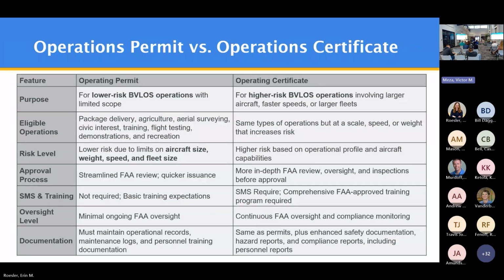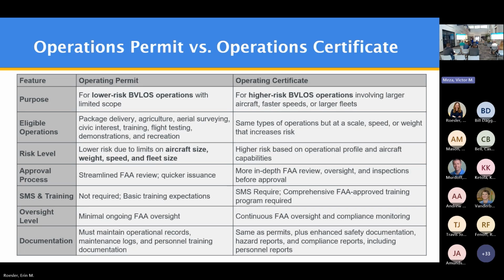I'm going to take a second to go into operating permit, certificate, and then I think we'll get to blanking, airworthiness acceptance, and then finally the Part 146, the automated data service provider. I said before that the main difference, if you take anything away from today, is permit versus certificate. Permits are intended for lower risk BVLOS operations, so they might be limited in scope, scale, and weight of aircraft. And certificates are for higher risk BVLOS operations, so in complex environments, higher population densities, higher weight categories, higher scalability, and higher scope of operations.